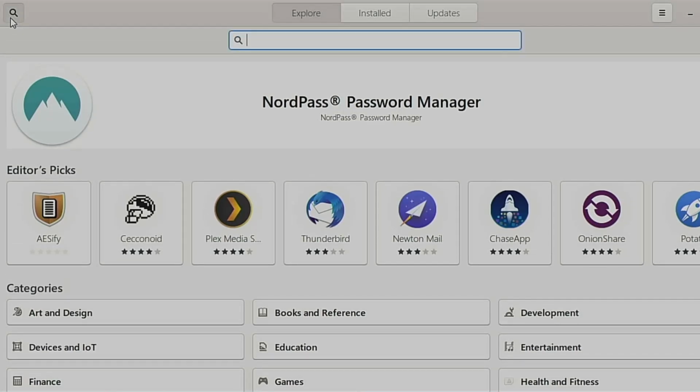At the top left of the screen, if we click on the magnifying glass, we can do a search for software. Since we should have a bit more oomph, to use the technical term, on our desktop PC or laptop than a Raspberry Pi, let's install a video editor. I'm going to search for Shotcut,